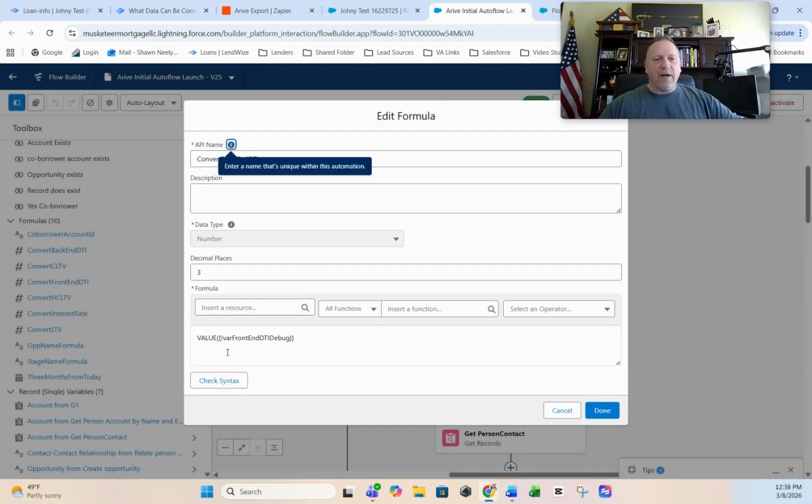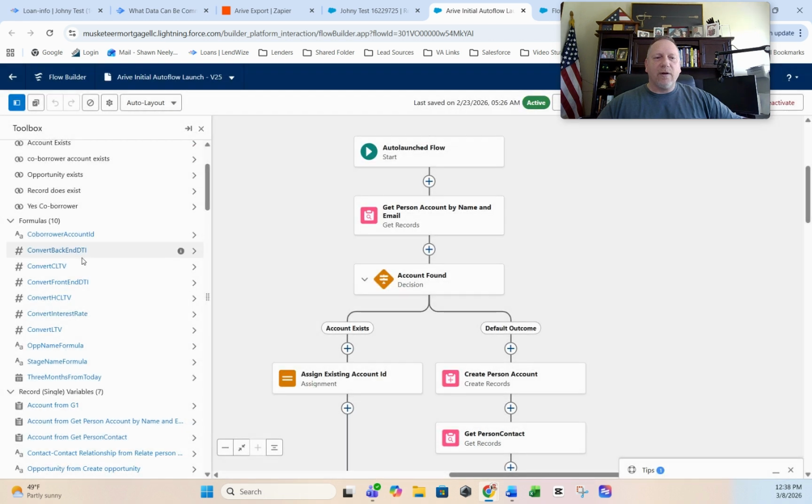So all it is, the value, and I called it a debug because it was a bug. This is a bug, so I call it the debug value. So it comes in and it just converts it to a decimal, and this is the formula. It's super simple. You can copy it and paste it in, right? And all it does is for each one of the fields, you have to create one of these formulas